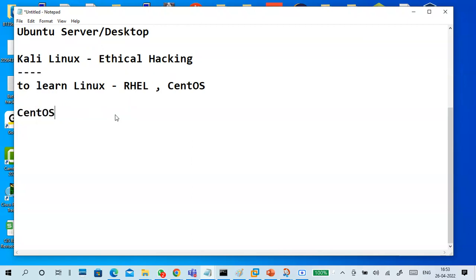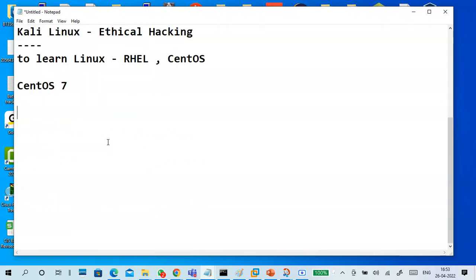Here we are using CentOS. The current stable and still working version is 7. You can go to 6 or 5 also, no problem, but I'm going to use 7 only. I like 7 because a lot of practice is in 7. I can do 6 and 7. Version 8 we tried last time, and it is not particularly stable. 9 is also there, but 7 is the stable one, so still no problem with 7. We are using CentOS 7 here.